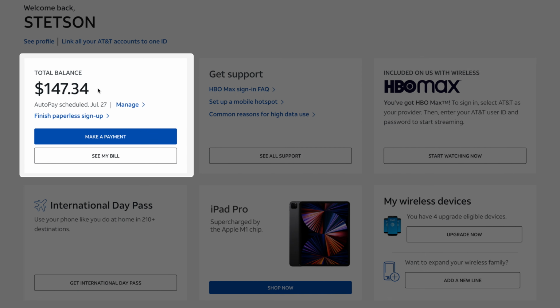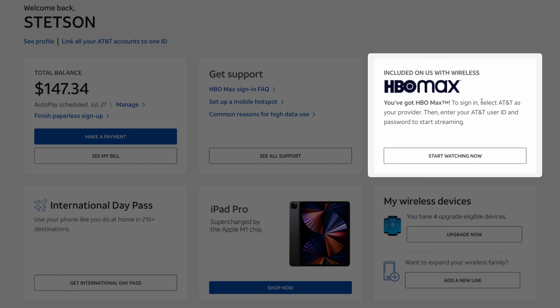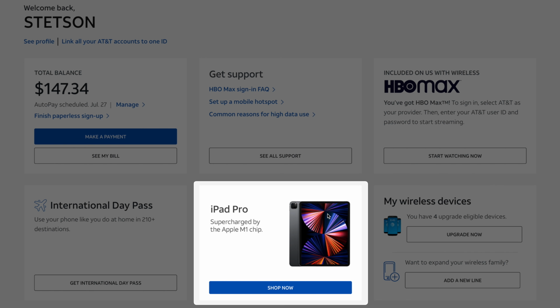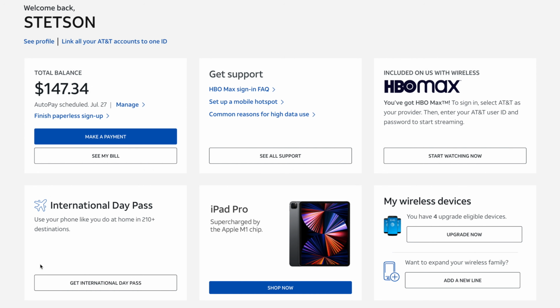The first section gives us a total balance overview. The next tab offers quick settings to get support. AT&T is promoting HBO Max because it is included in my unlimited elite line. We get more information on the international day pass. Then AT&T is promoting an iPad Pro, and they're promoting we have 4 upgrade eligible devices, trying to get us to upgrade to new phones. So overall, not super